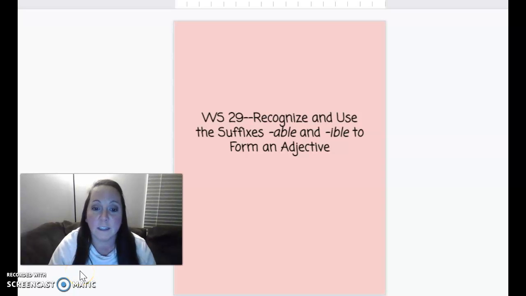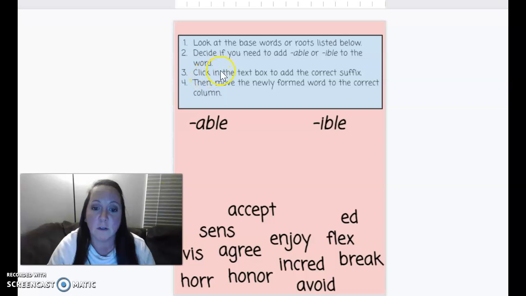Today for your phonics word study lesson, you recognized and used the suffixes able and ible to form different adjectives. For your practice, you are going to use the words down here at the bottom and decide if you need to add the suffix able or ible to each word or root. Click in the text box to add the correct suffix and then move the newly formed word to the correct